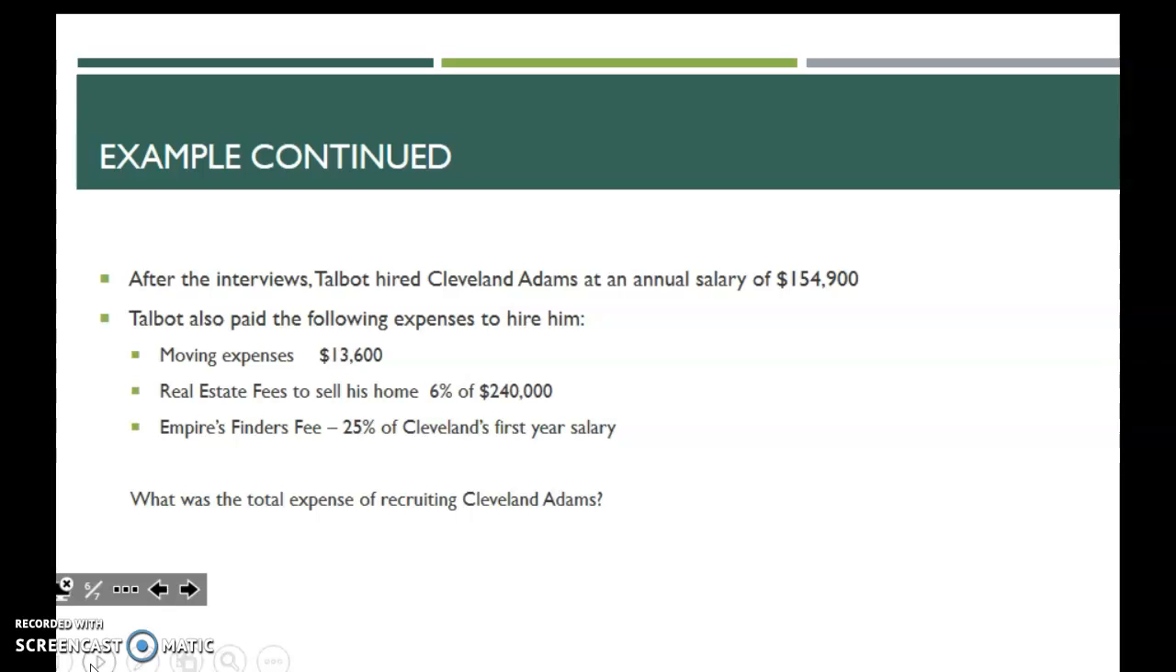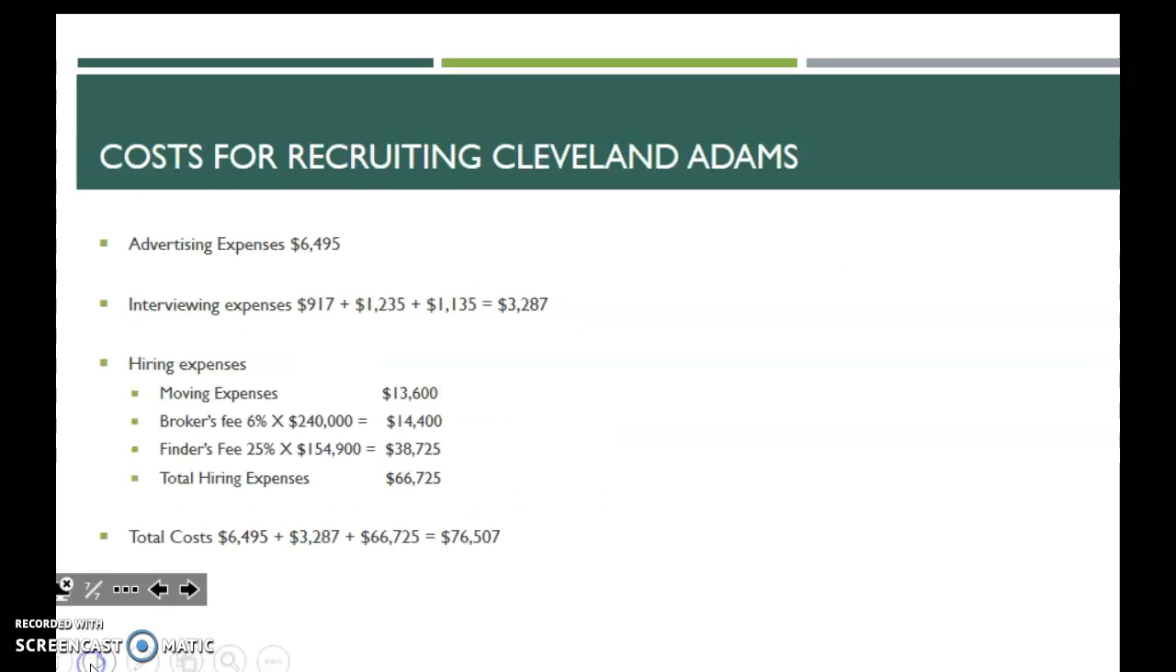So, what was the total expense of recruiting Cleveland Adams? Let's figure that out. The cost for recruiting Cleveland Adams, the first thing will be advertising expenses. And the company spent $6,495. They also incurred interviewing expenses of a total of